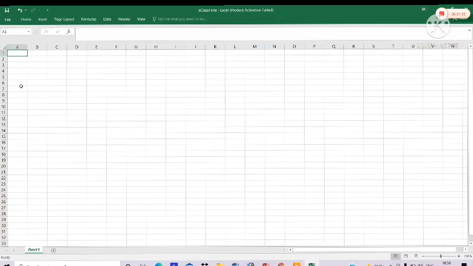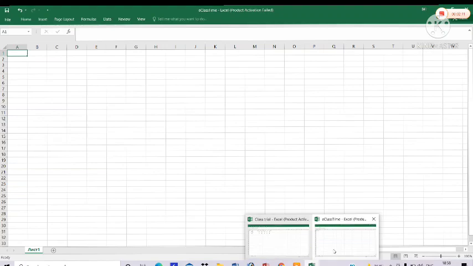The columns this way are named A, B, C, D, and the rows are named 1, 2, 3, 4. On top you have File, Home, Insert, Page Layout, Formulas, Data, Review and View, and it goes on. Dear friends, if we want to add an extra page, down it is there. This is the first page, then here if you click you can go to the next sheet, you may add. Now let us try to enter the data.